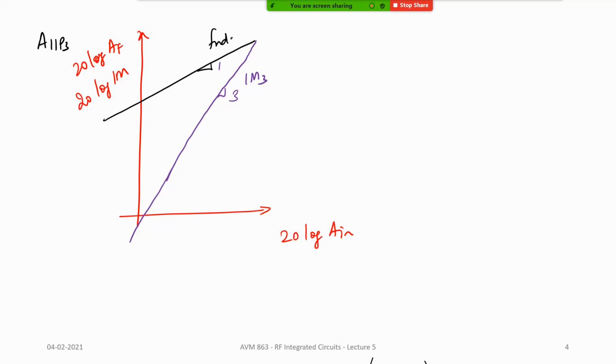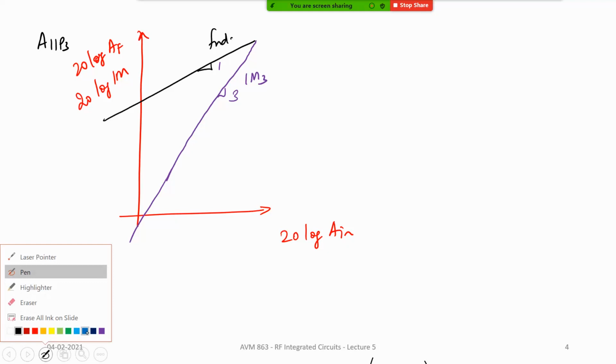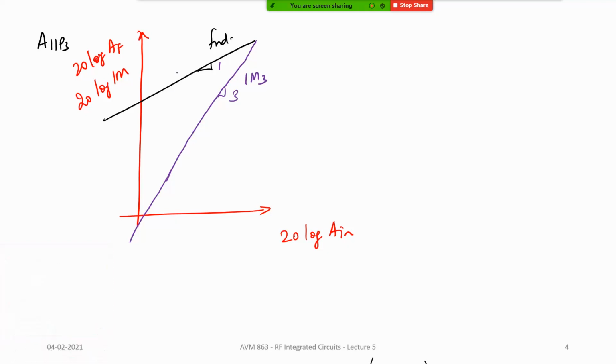Now, if you take some arbitrary point, let's say the difference between your fundamental tone and your IM3 is delta P. Got it? The relative IM, let's call it delta P. Now, if you already know your IIP3,